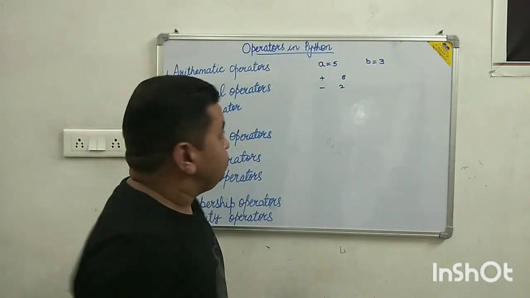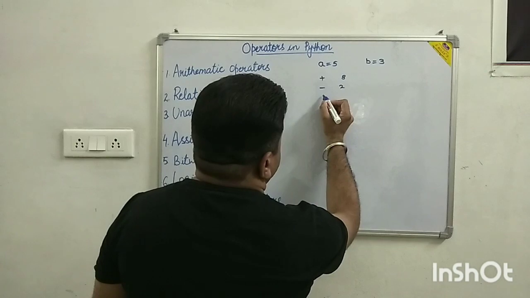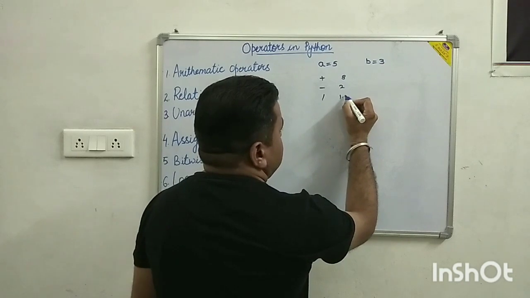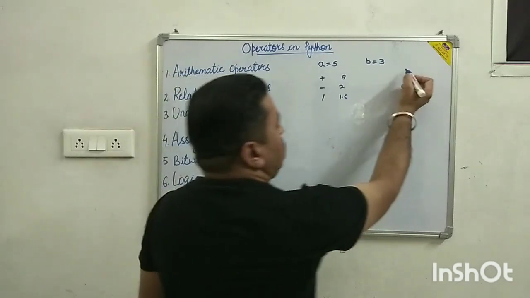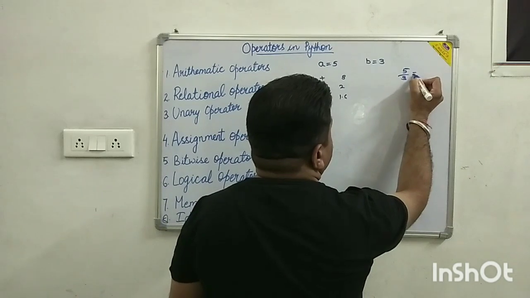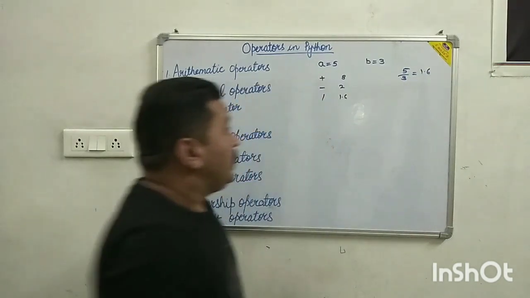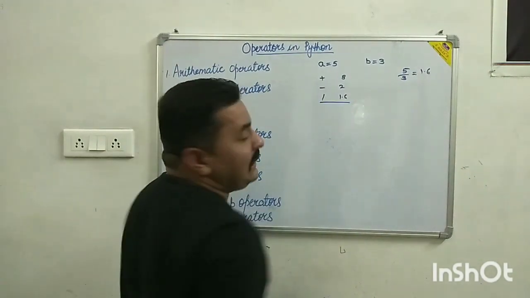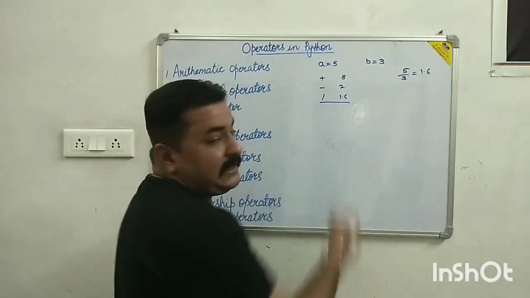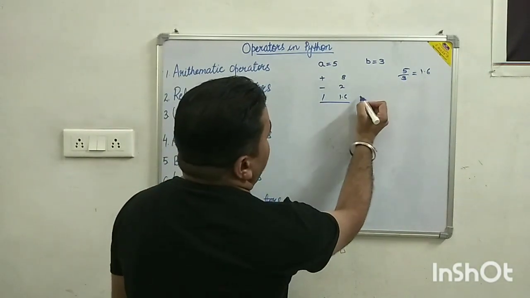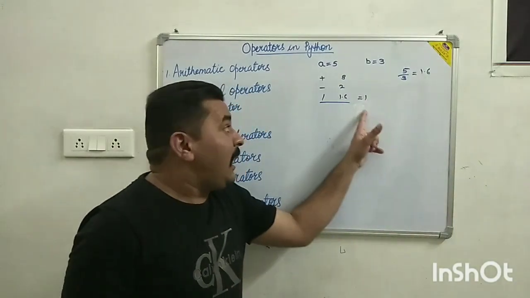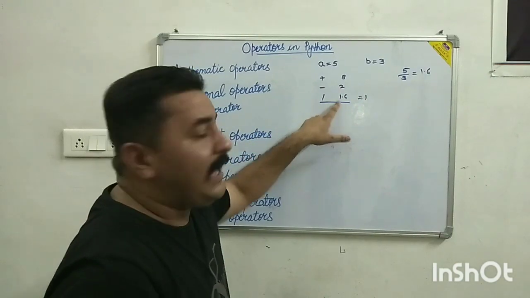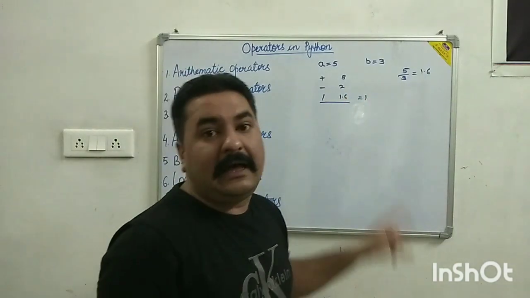If we are using the division operator, then it will give the value of 1.6. So if we divide 5 by 3, it will give the value 1.6. This is a float value. But this will happen in Python only. If we use this division operator in C language, it will give the result only 1, which is an integer value, and we are getting the float value in Python. This is the main difference in the division operator.